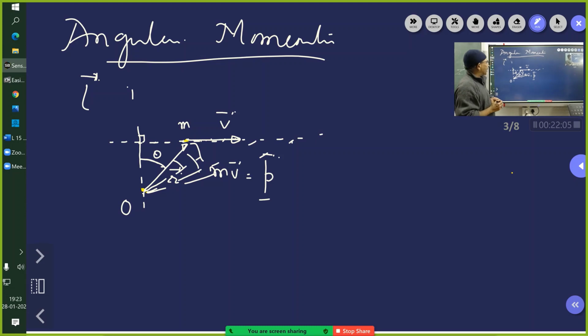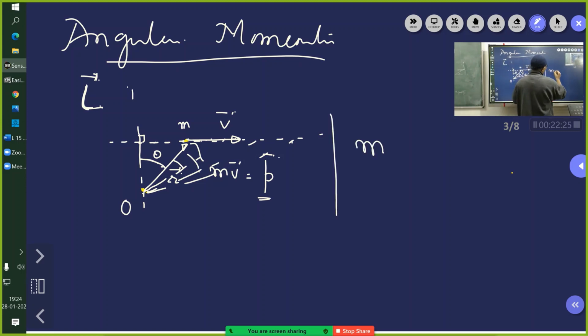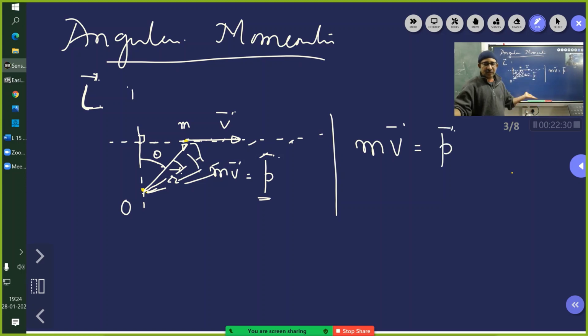Okay, so on and so forth. So that is the idea of developing this angular momentum, and the symbol used is L bar for this. P bar is used for linear momentum, angular momentum it is L bar, and as they say here, M V bar is equal to P bar. Already we are seeing many similarities between the angular variables and the linear variables. So here instead of P bar we have L bar, and instead of M here for angular motions,